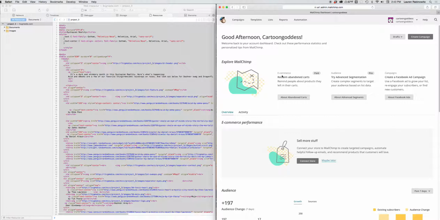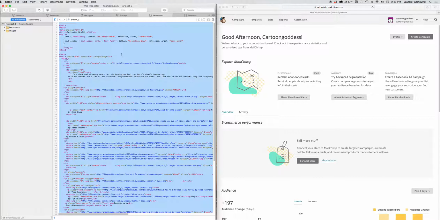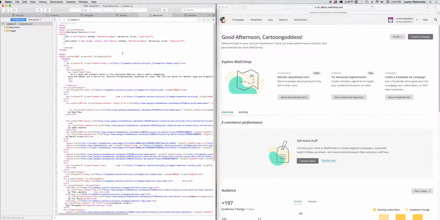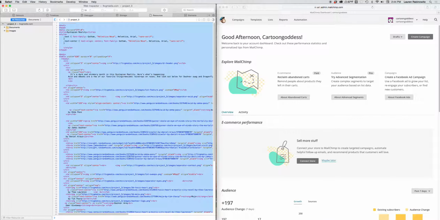So I see my dashboard on this side in this window, and on this side I've got the View Source window open in my web browser that contains all the code for the newsletter page which I have uploaded onto the server. So I will select everything inside the code window. I will copy everything inside the code window. You can either use Control or Command C on your keyboard, or you can go to the Edit menu and choose